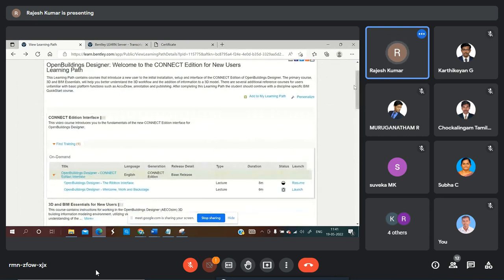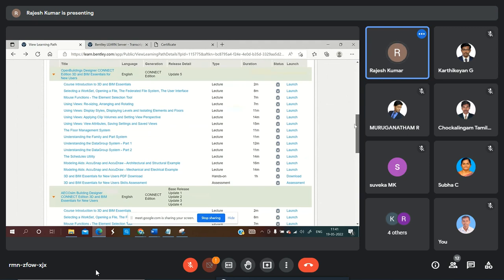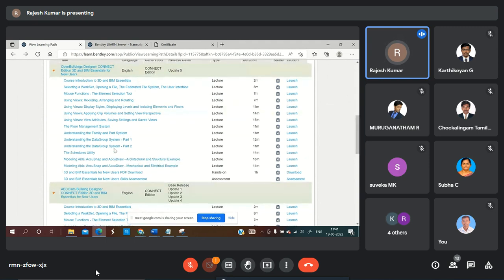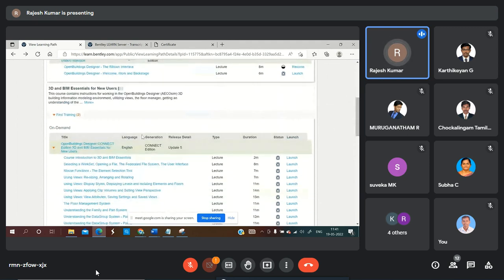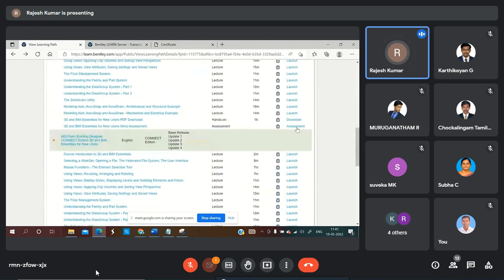The backend works on the principle of artificial intelligence and data science. It will calculate how effectively you are actually watching, so you can't just download everything. After you complete all these courses under the topic of 3D and BIM Essentials for new users, you can download one simple PDF and then go for the skills assessment.